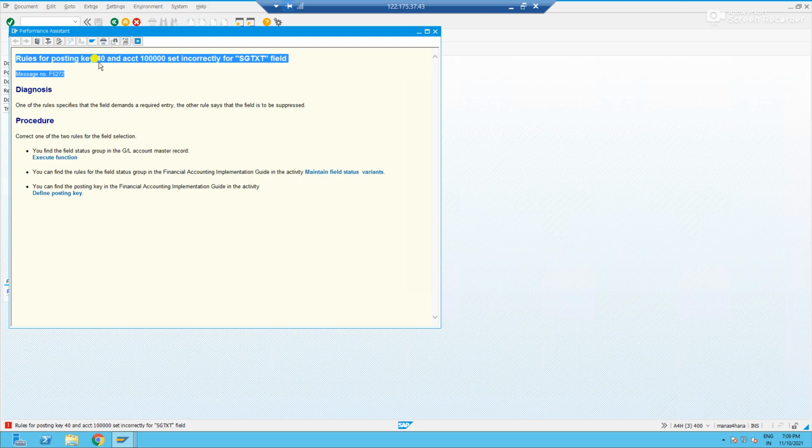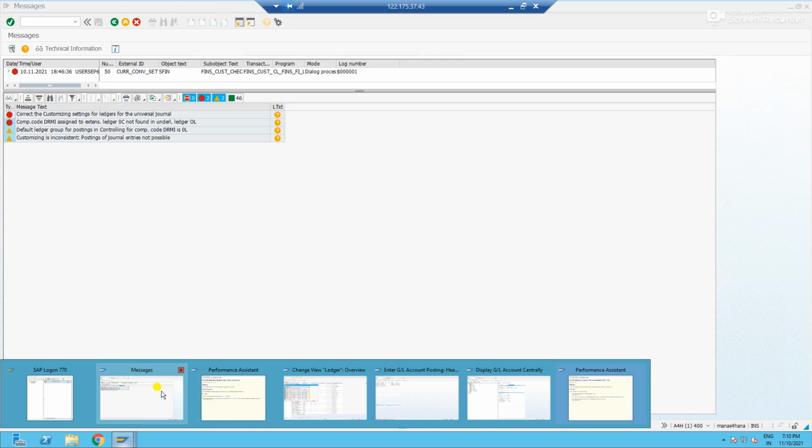When you have a conflict, you just have to understand how to rectify it and where exactly the issue is. Now the issue is about the posting key versus the GL account. The issue is on the text field. Yeah, you got it, text. It is saying there is a conflict in the text field. Let us see what that conflict is. First, it is telling there is a conflict between posting key 40 and GL account 1 lakh. Let us see the posting key related configuration. It is at the client level.